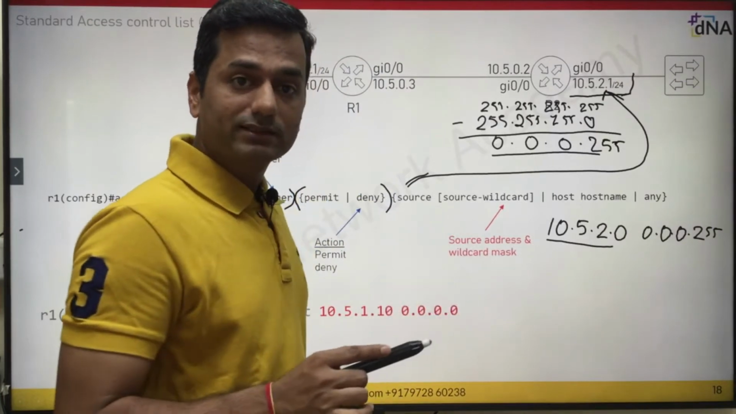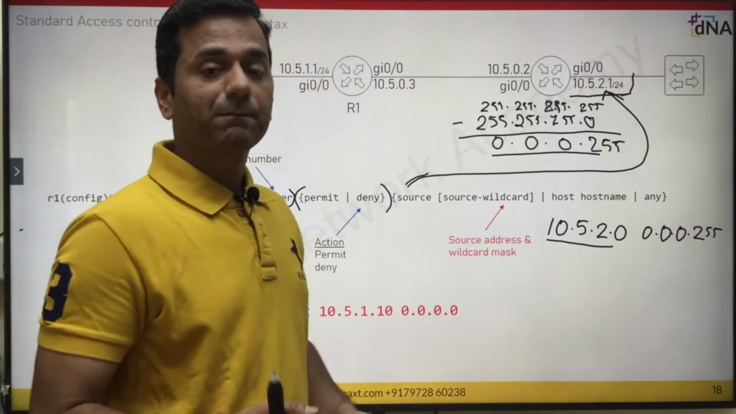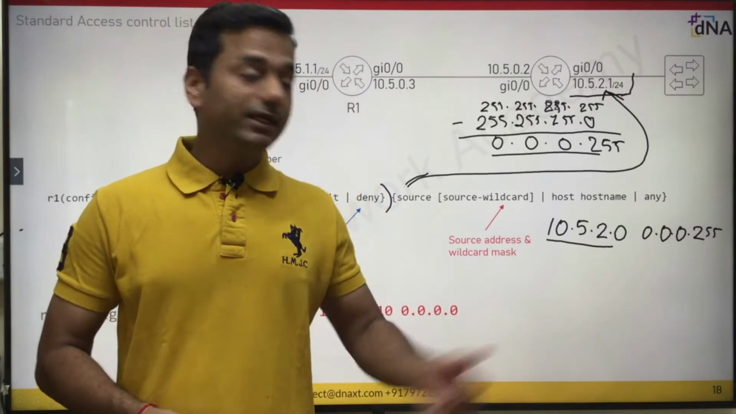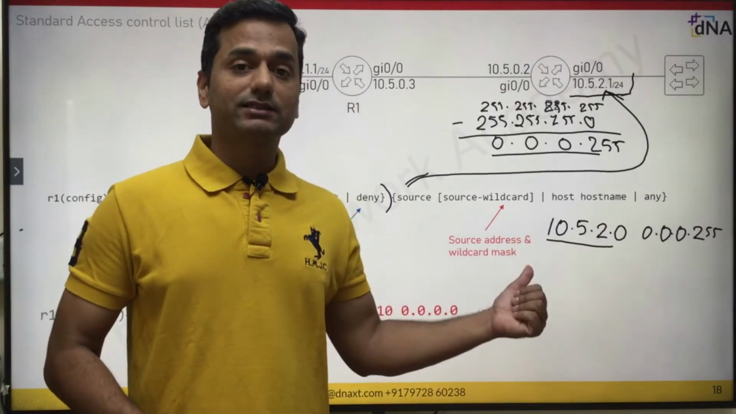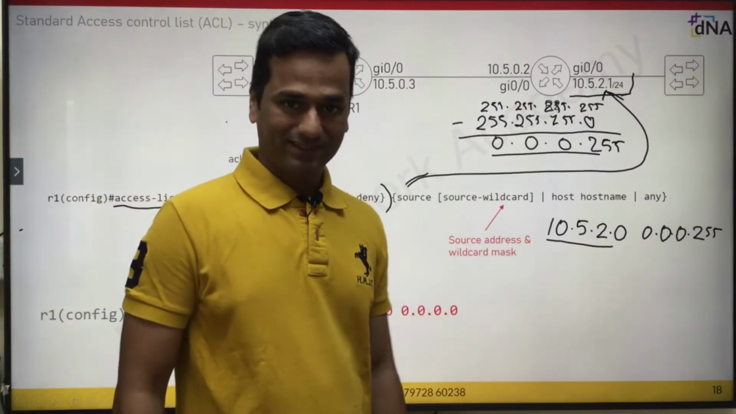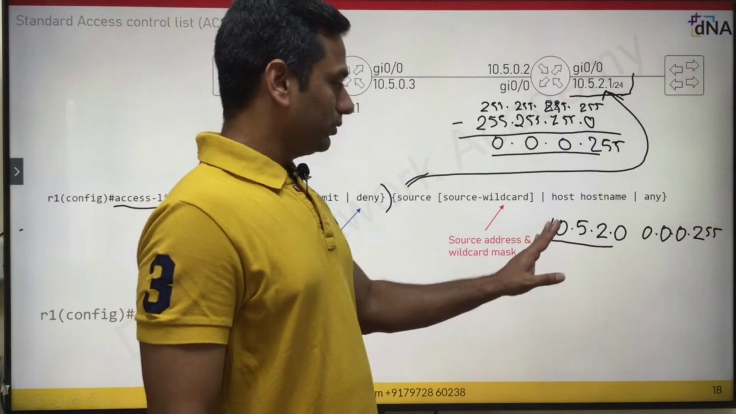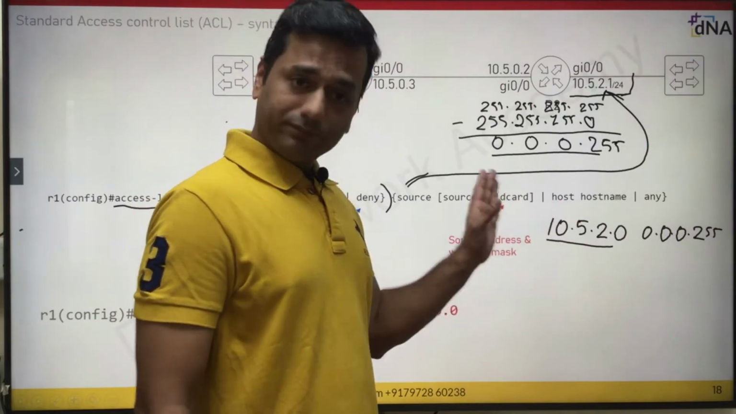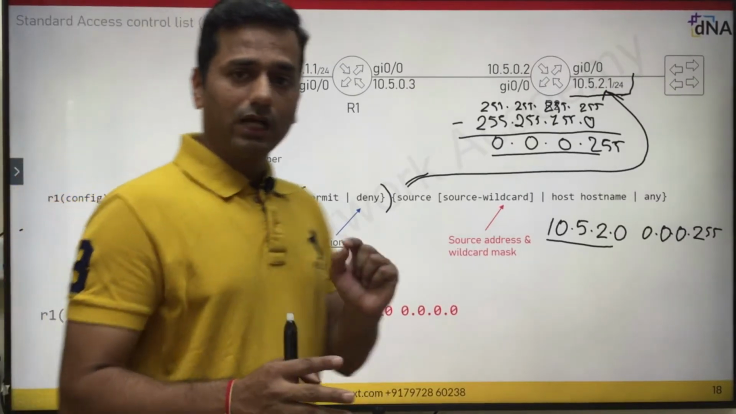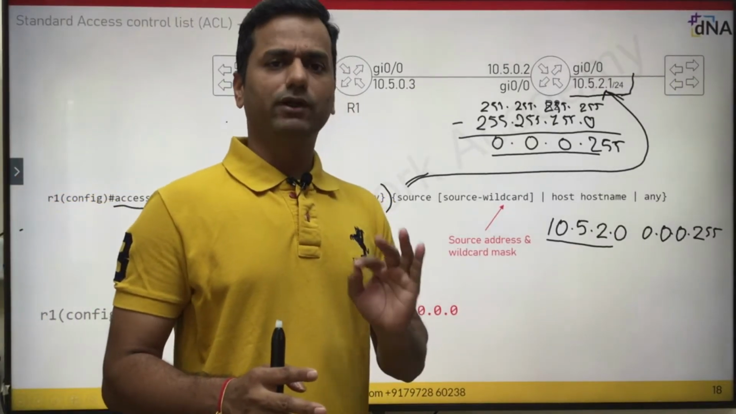In the subnet mask, we can identify the host portion by 0. Here in the wildcard mask, we can identify the network portion by 0. Clear? Right? So now if you would like to allow or permit or deny whatever, if you would like to match